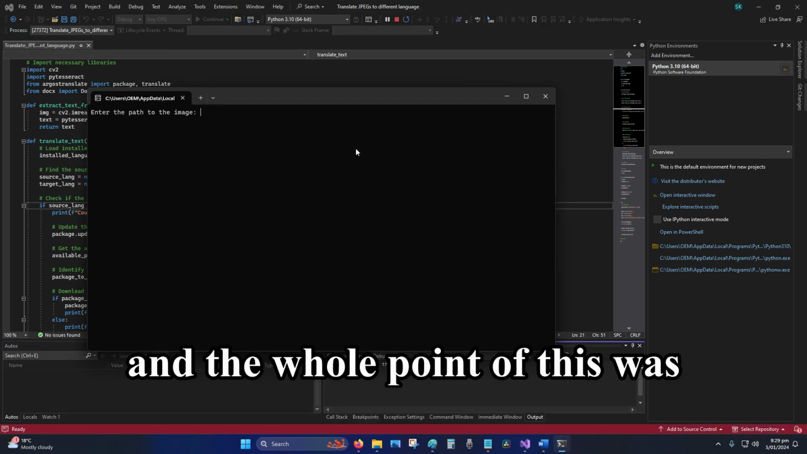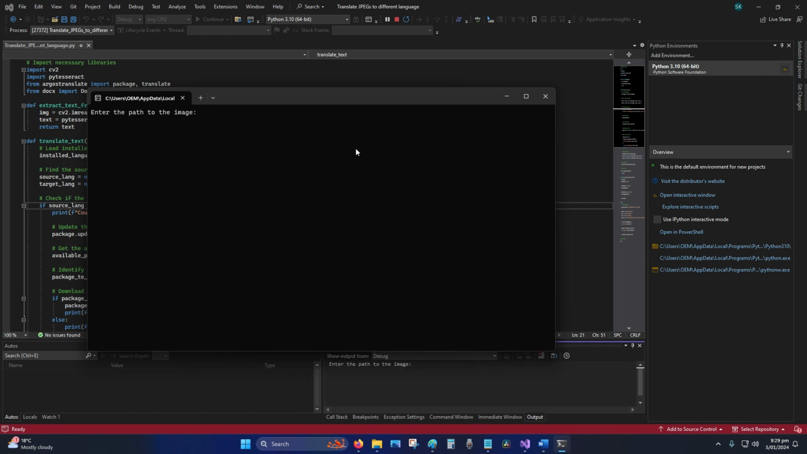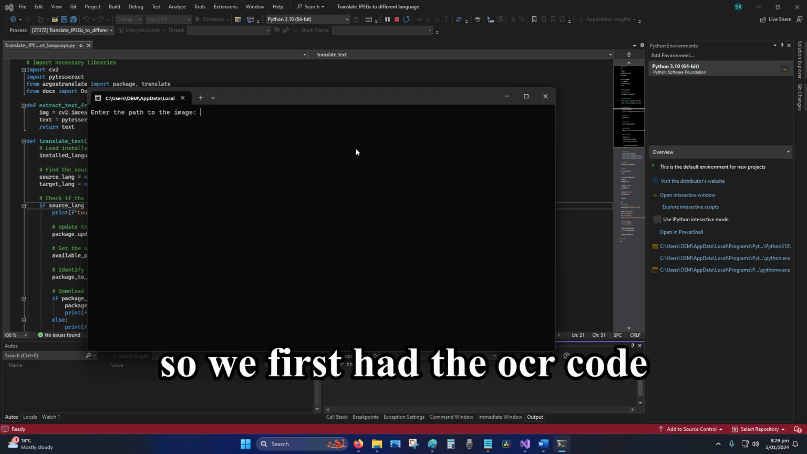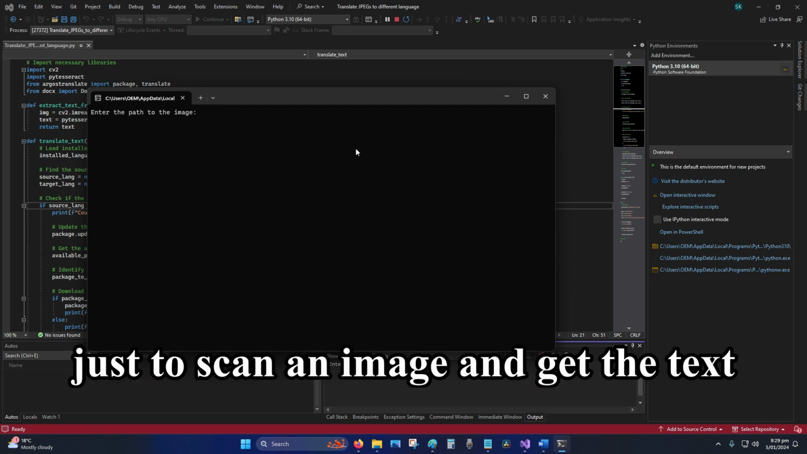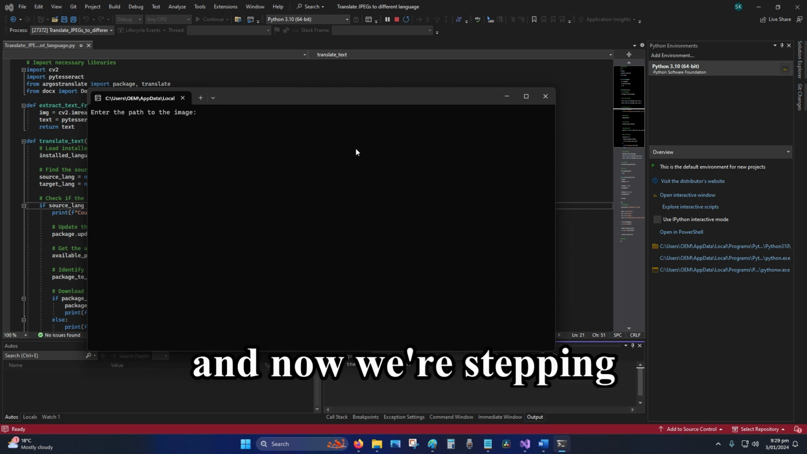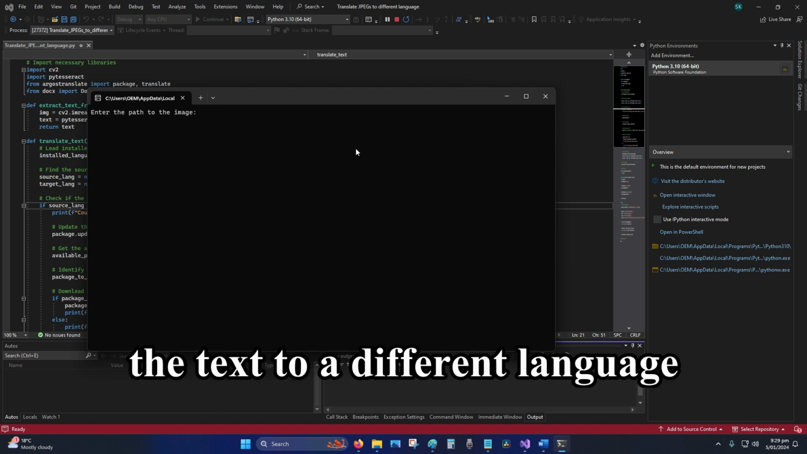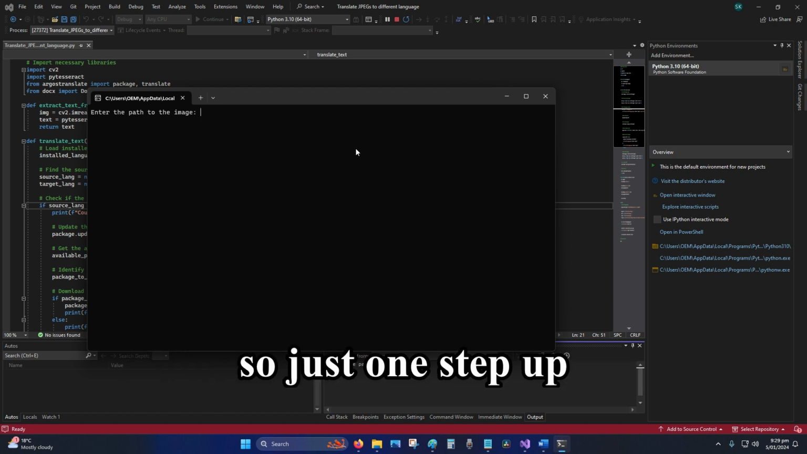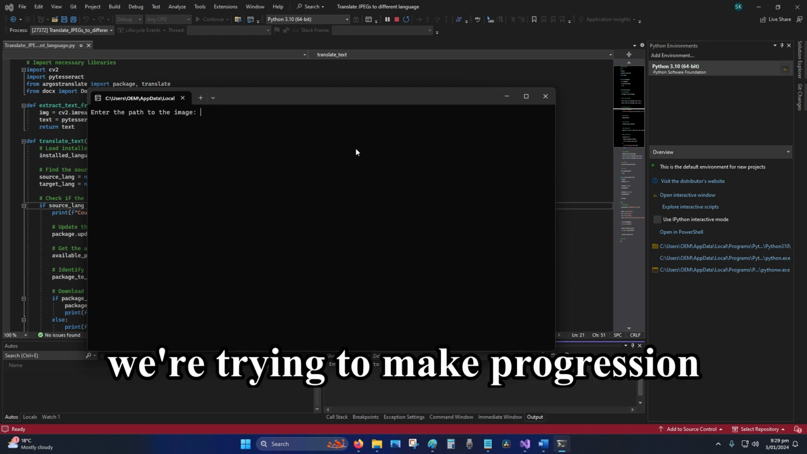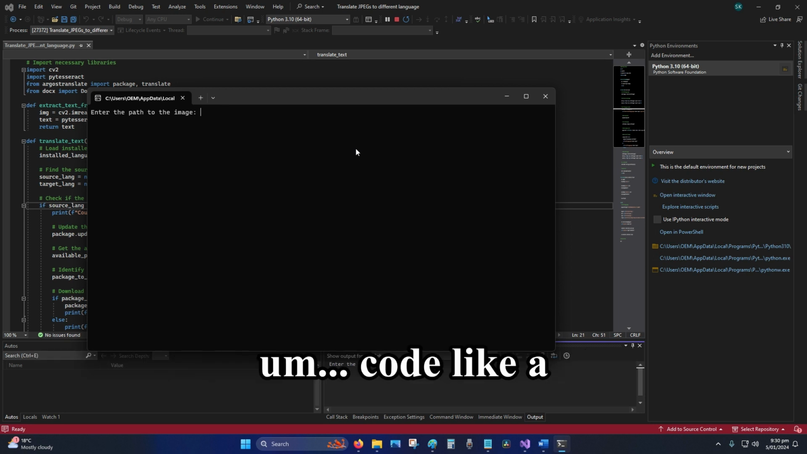So let's do it again. And the whole point of this was to build upon that code that we did before. So we first had the OCR code just to scan an image and get the text. So extract the text. And now we're stepping it up just a little bit. So we scanned the image, we got the text, and now we want to convert the text to a different language. So just one step up. So